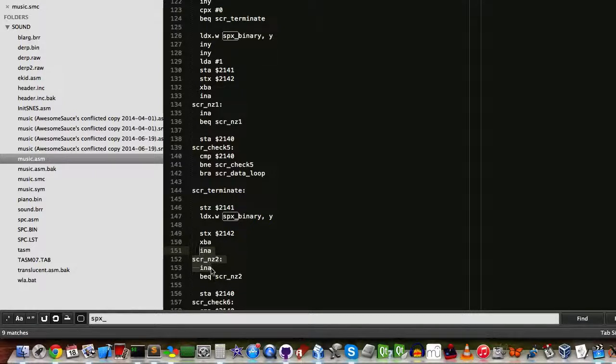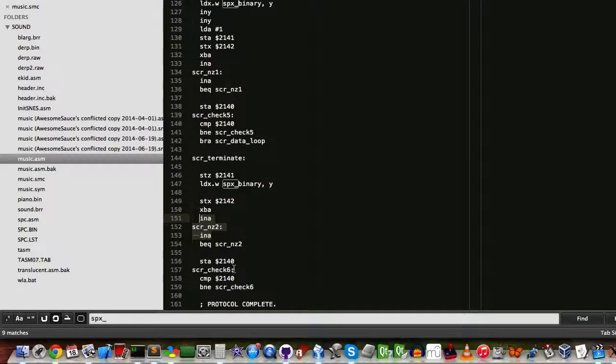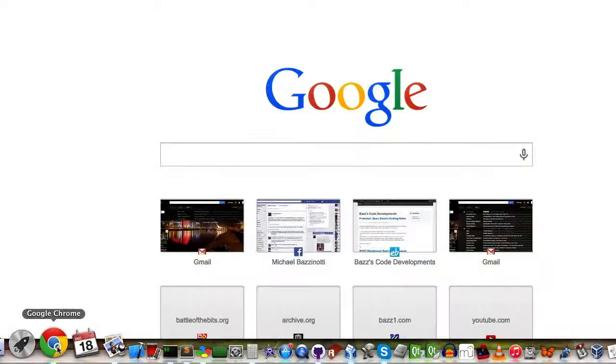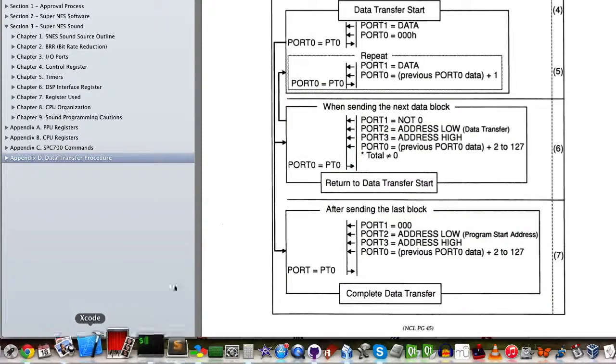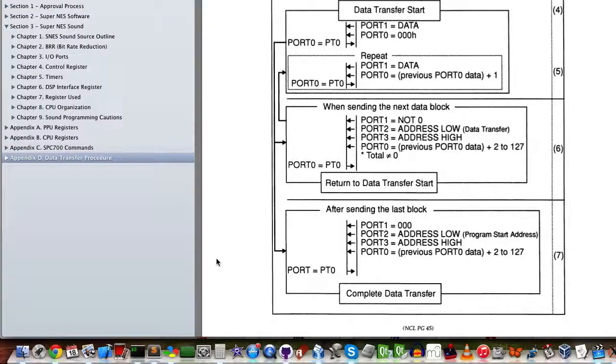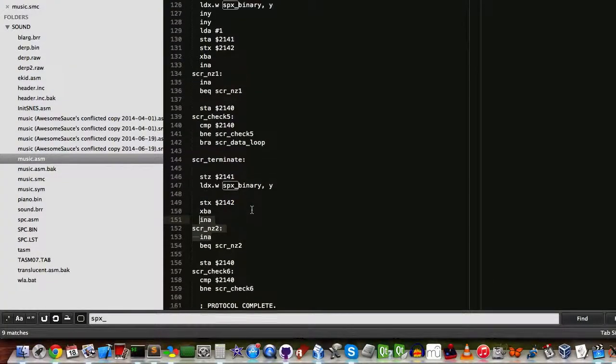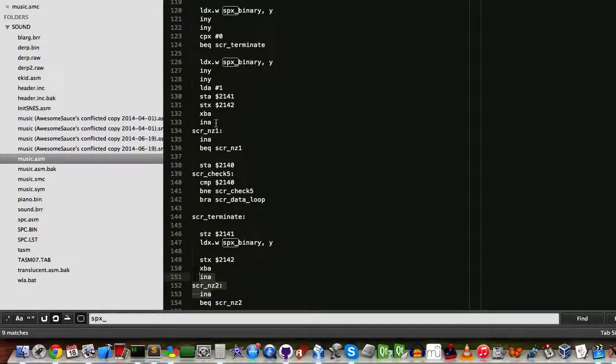And then if that happens to roll the register over to 0, we go back and then increment it one more time to make it non-zero. I guess that's it. Yeah, total not equals 0. I trust that works. So anyway, going back up here,